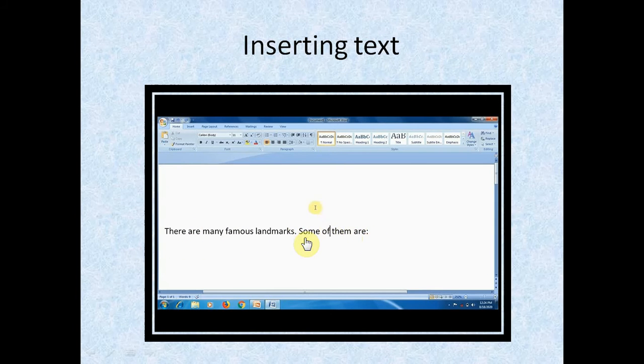So you can add text here. If you want to add text, click, and after clicking you can type. You must place the cursor by clicking. Once you have clicked, your cursor is placed here, and now you can type.